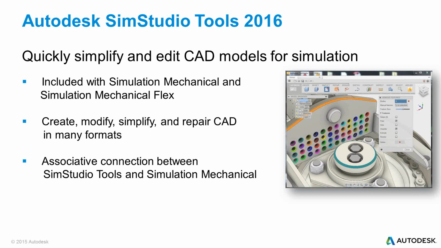Simulation Mechanical still offers associated workflows with most of the mainstream CAD packages, such as Inventor and SolidWorks and Pro-E and SpaceClaim and Rhino and things like that. SimStudio Tools simply provides an alternative solution for those of you who are looking for a faster way of preparing models for simulation. So let's go to the next slide